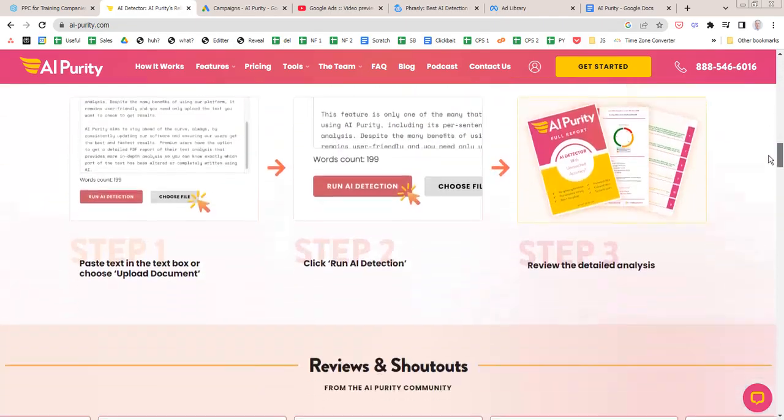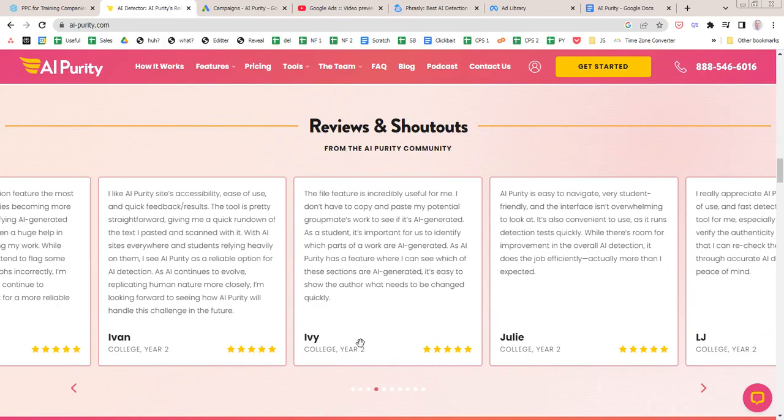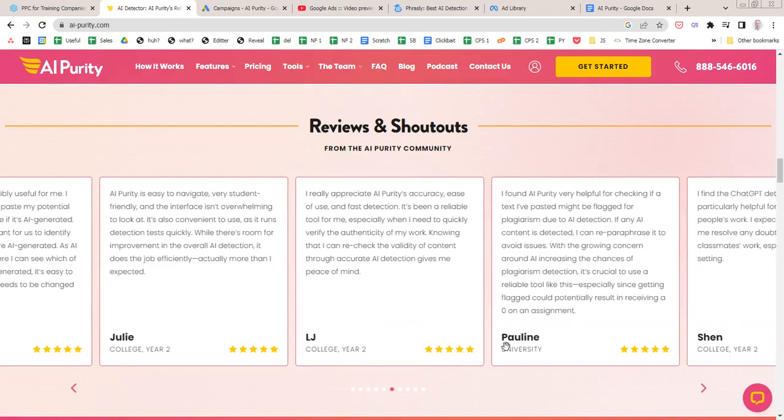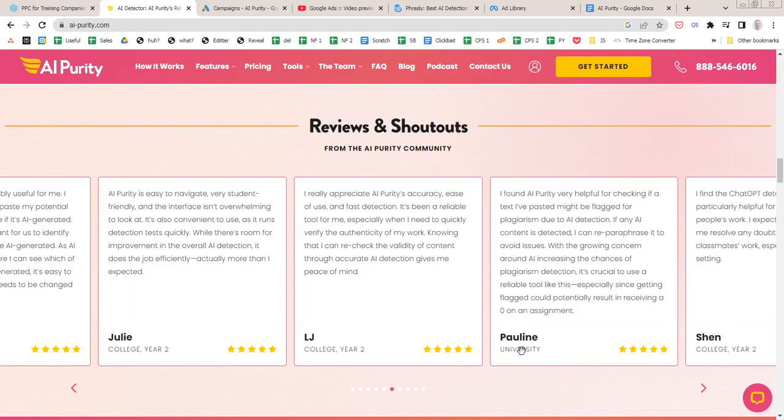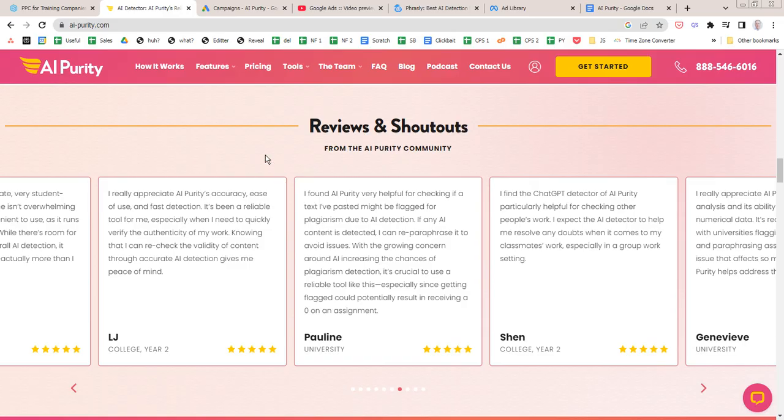But the reason I know this is for students is if I go down to the bottom here, there are some testimonials, but they're all from students, right? So here's one, Ivan, college, university. So my guess is that the people who are willing to pay for this are students. And so my first recommendation would be redo this and eliminate everything except the stuff that's relevant to students.